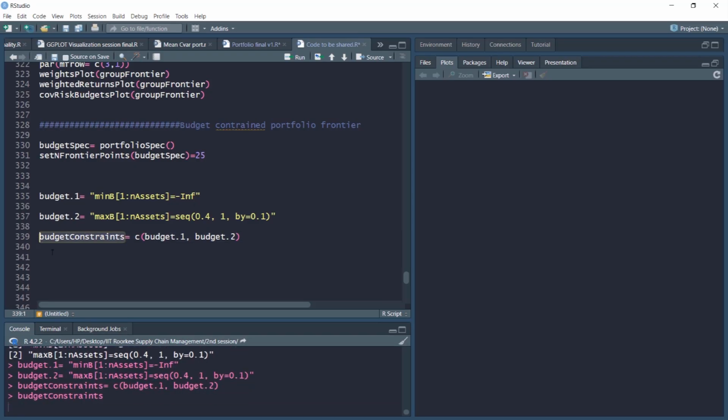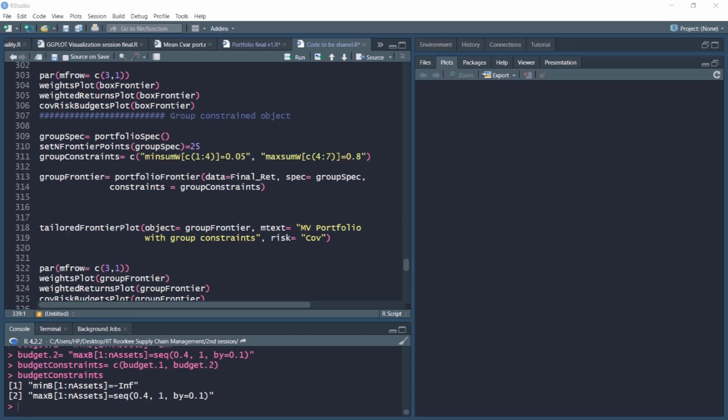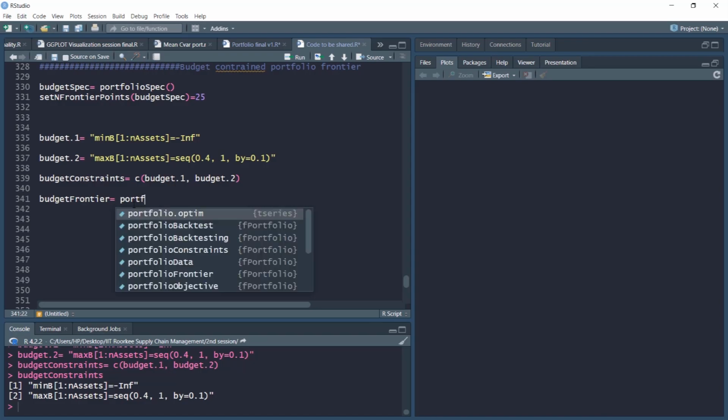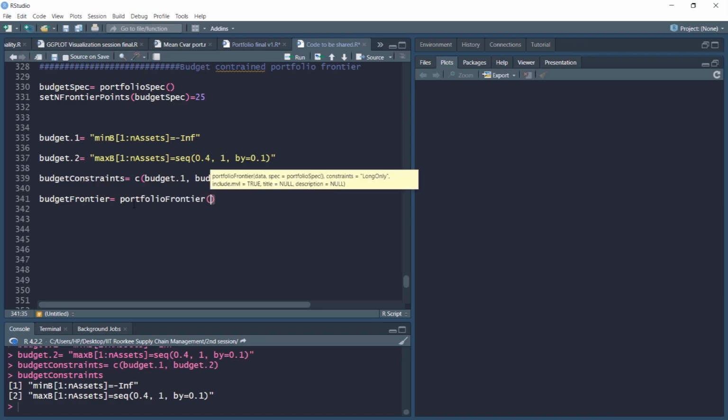Now let's create our frontier plot. So for that, let's specify our budget frontier object. For this, we need that portfolio frontier function.